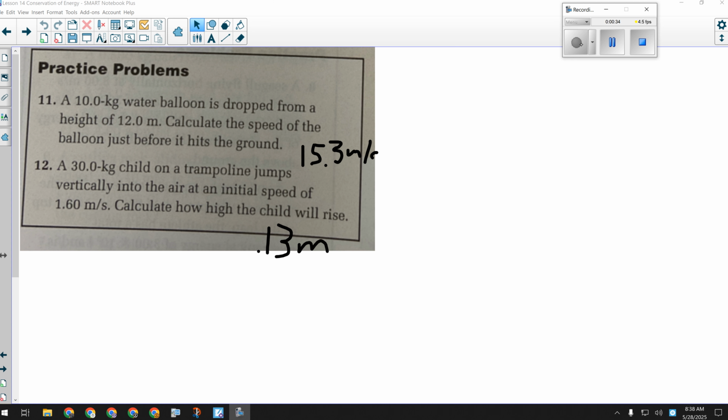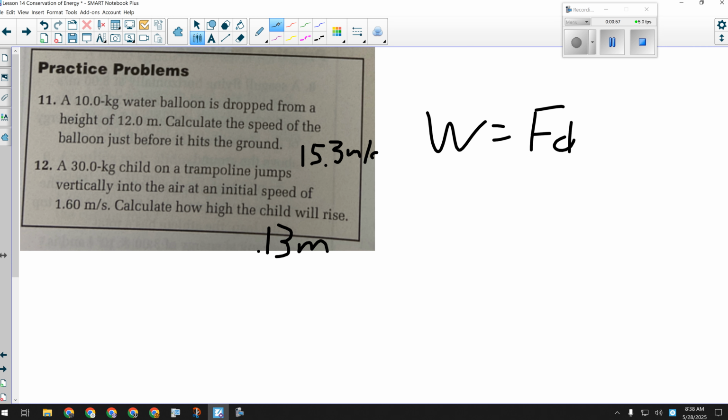You did a bow and arrow example earlier, where if I had a bow and I drew it back using 100 newtons of force, a half a meter, have I done work? Yeah, right? I exerted a force through a distance. So work equals force times distance. Using the numbers from yesterday, that would be 100 newtons times 0.5 meters. That means I did 50 joules worth of work. That is now all the energy that is going to be in the bow arrow system.